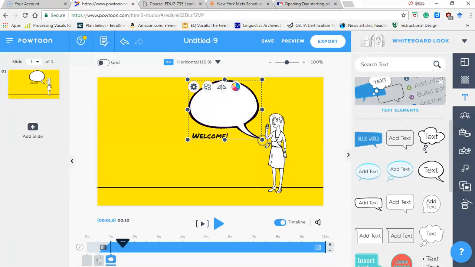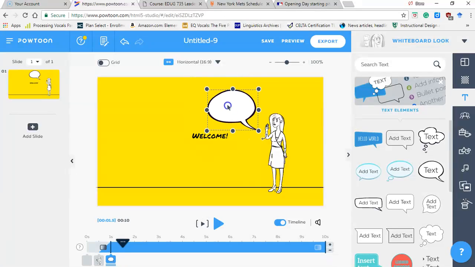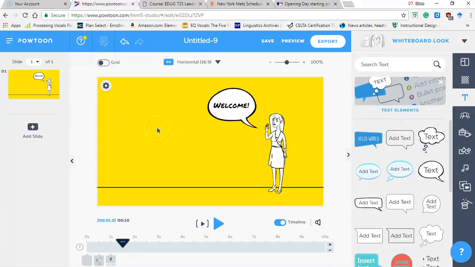Now I want this speech bubble up here. I want it to be a little bit smaller so we can size it down. That should be about right. And then you just take your welcome and you put it right there. Boom, boom, boom. Now, I have all my elements for my welcome slide,